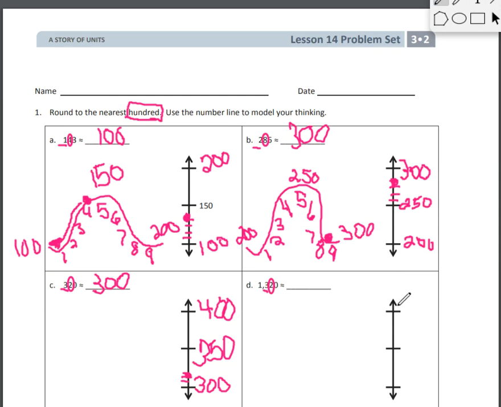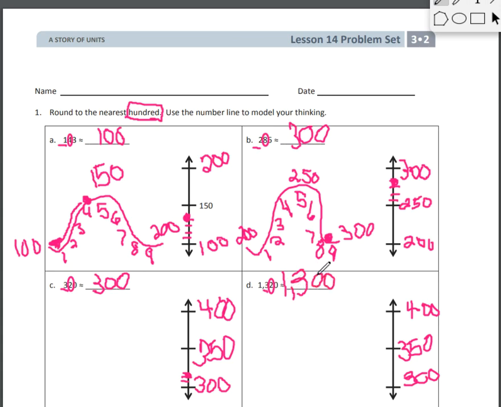So here they've thrown us a curveball. They put 1,320. We only care about the hundreds place. That thousands place is trash. It is nothing. We're not concerned about it at all. This is the exact same thing that was on the other side, and they stuck a 1 in front of it. That 1 means nothing. Nothing about our work changes. Everything stays the same because our hundreds is still a 3. Our tens place is still a 2. Therefore, it is closest to